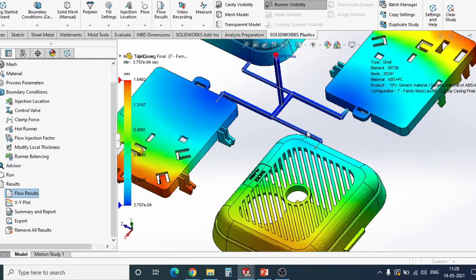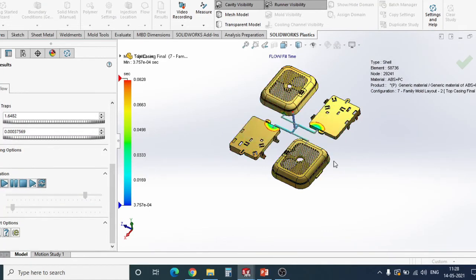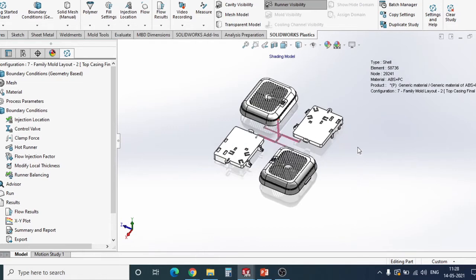This is again a very good tool. Runner design is a very important concept that we need to keep in our mind while we design such multi-cavity plastic parts. Now you can see the uneven filling has been eradicated and they are filling together. So this is again one of the advantages of this software, that before even designing your tooling for your cavity or for your plastic part, you can actually check it beforehand.